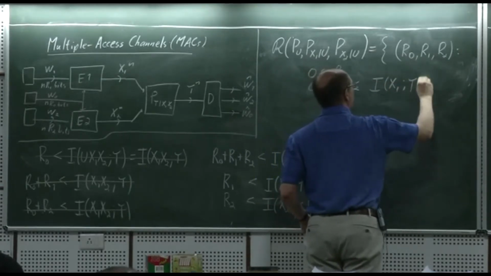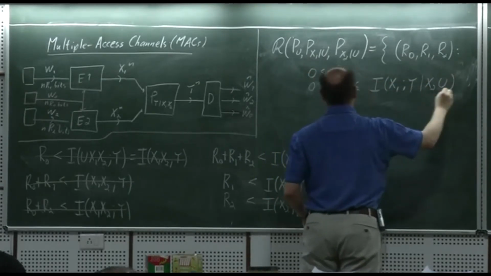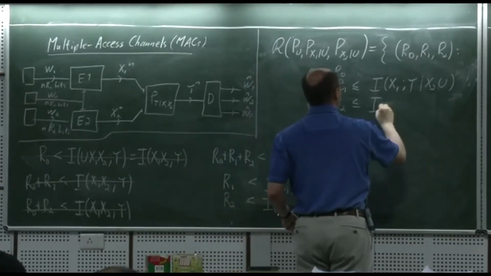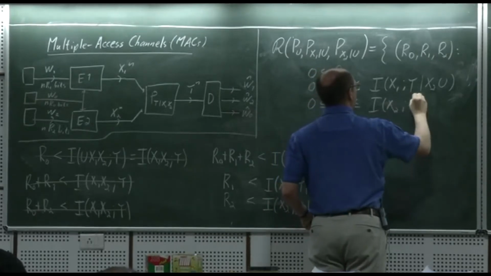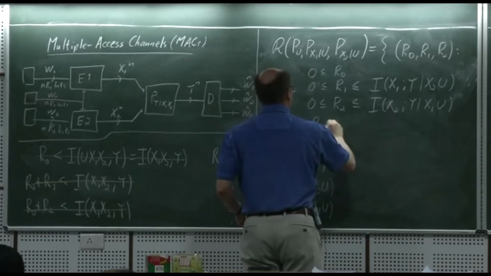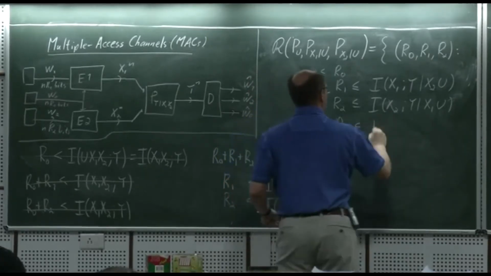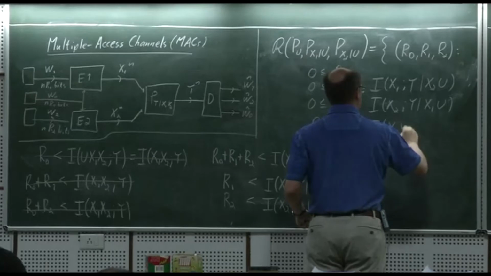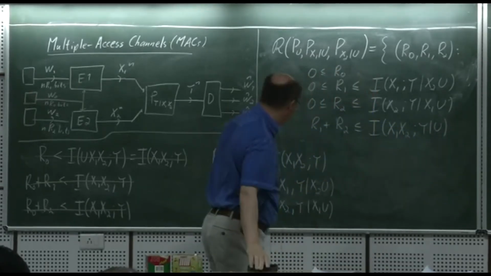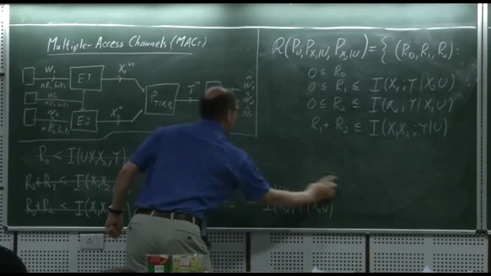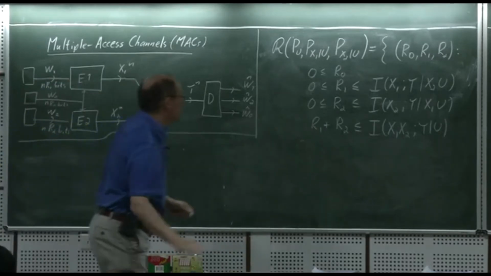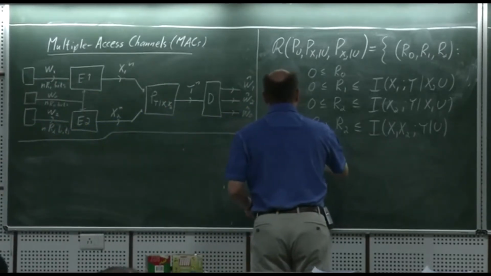I(X1; Y given X2, U), 0 less than or equal to R2, less than or equal to I(X2; Y given X1, U), R1 plus R2 less than or equal to I(X1, X2; Y given U), and finally the rate triple bound right there with just no conditioning on U. Right, so that's going to be the R0